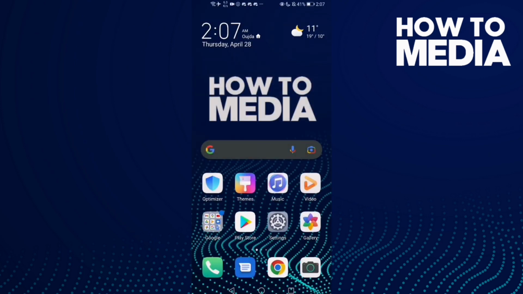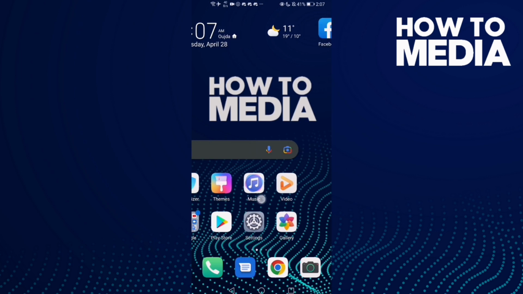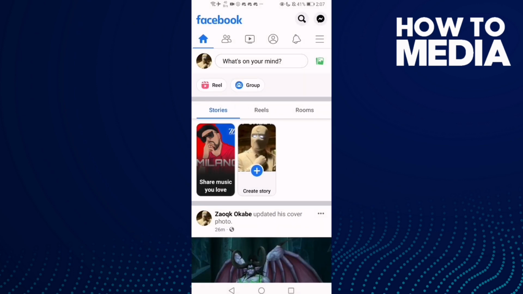How to delete profile cover on Facebook mobile. Hello guys, in today's video I'm gonna show you how to delete profile cover on Facebook mobile. First, you're gonna go to Facebook and then click these three lines here,